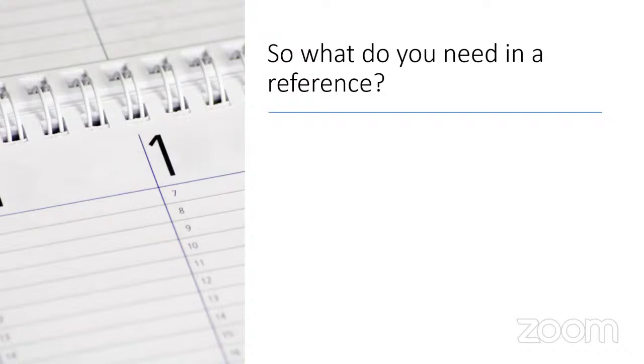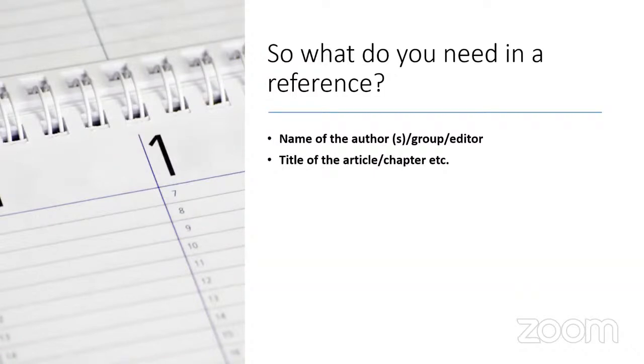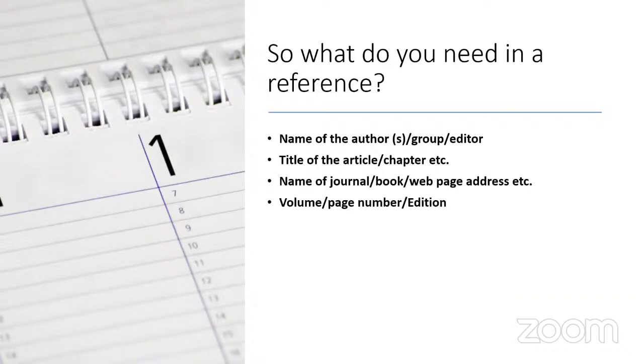Anybody? So what are the things you need in a reference? Okay. So first, of course, you need the name of the author or authors. If it's a group, the group or editor. For example, some textbooks might not have individual authors for chapters, so there you need the editor. The title of the article or the chapter, name of the journal, book or web page, volume, page number, edition, depending on what kind of material it is,